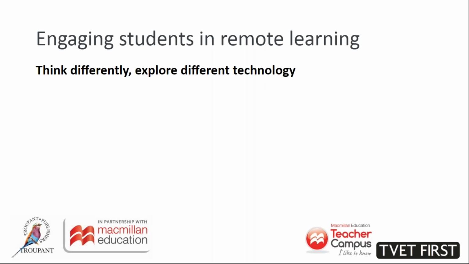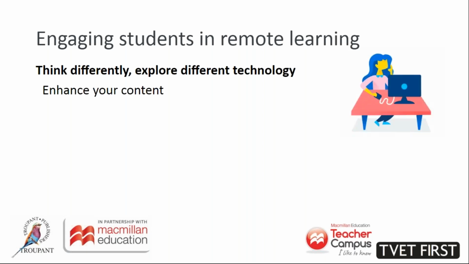So again, if we continue thinking differently, how can you actually enhance the content that you're teaching? What are the kinds of ways that you can actually get your students engaged? Well, first of all, add things like animations and interactives. Tomorrow we'll show you some examples of these. By adding animations, you can be explaining concepts that you might be teaching. An interactive might be a poll or a quiz, or sometimes it's an activity or a problem that might be solved digitally.